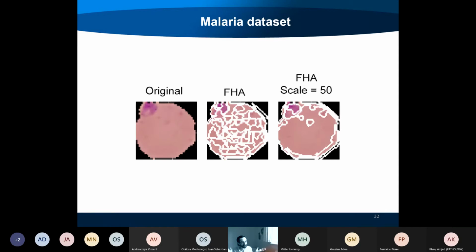You just ask, what is more relevant? In LIME, you can ask, is this region more relevant than that? By just segmenting it like that. So we saw that if we use FHA with the scale parameter of 50,